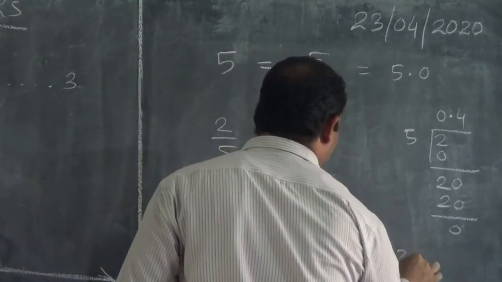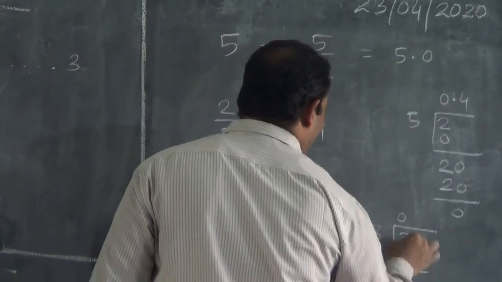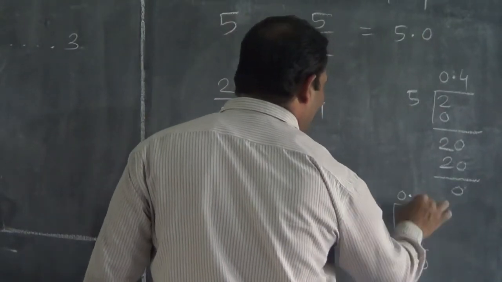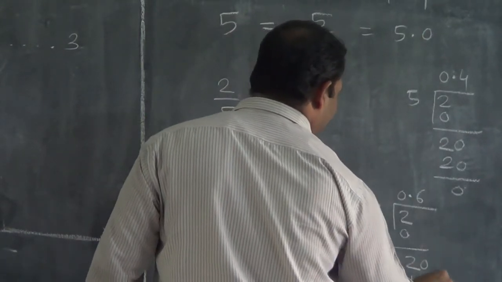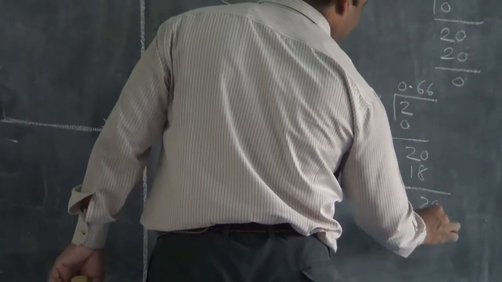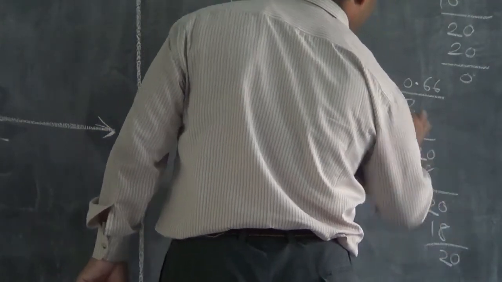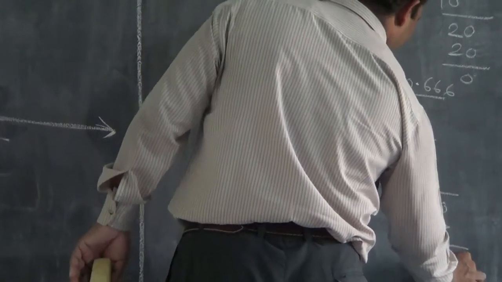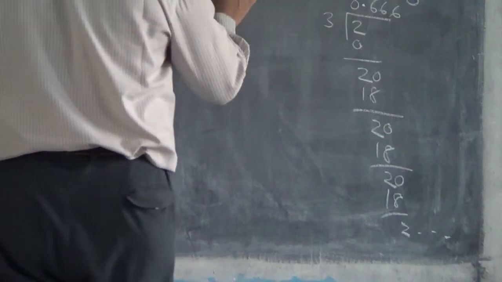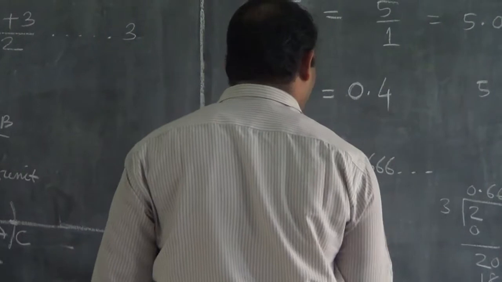When I divide 2 by 3, 3 zeros are 0, it will give 0. Then put a decimal point, bring down a 0, 3 sixes are 18, down came 2, 3 sixes are 18. Because every step you can add 1, 3 sixes are 18, and this will go on and on. So our answer is 0.666, it will go on and on.